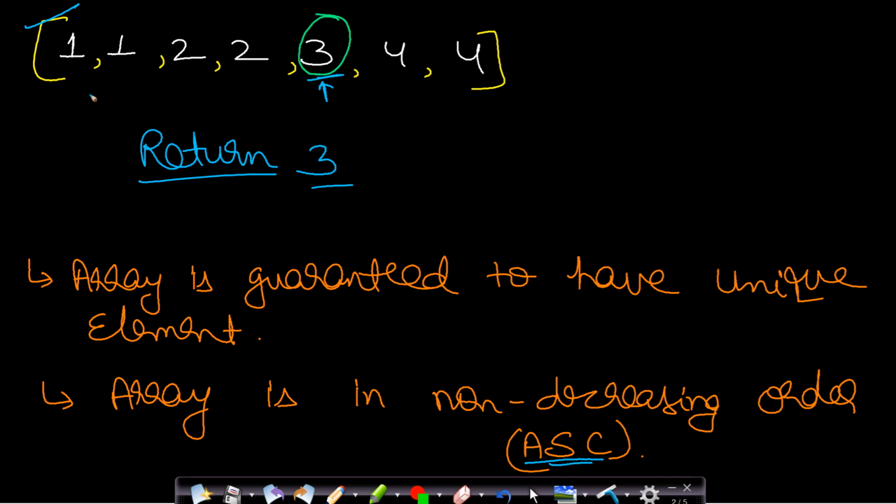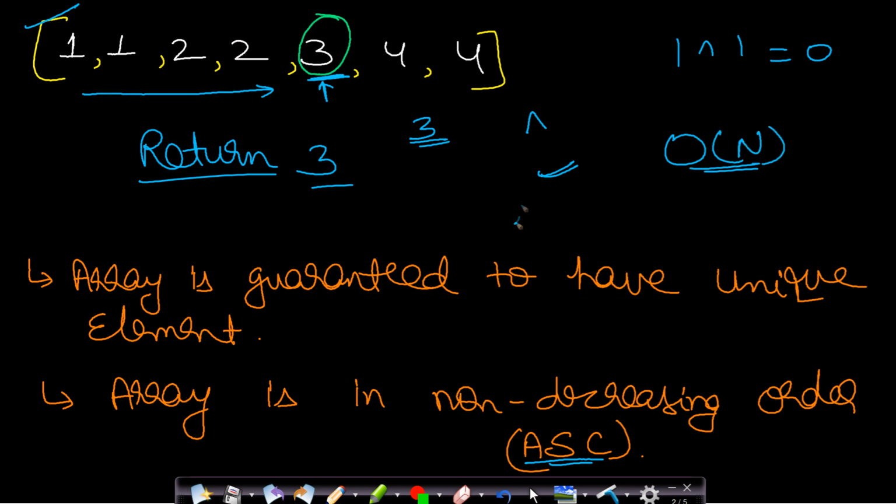Now a very simple approach is you can do a linear search and find this unique element. Otherwise, what you can do is you can take XOR of all the elements and then whatever comes as your output of XORing all the elements, you can return it as your answer because XOR of the same element is always equal to 0. So all the pairs will get cancelled out and the unique element will remain as the answer. So in this case the XOR value will be equal to 3. So these all techniques will actually take order of n time.